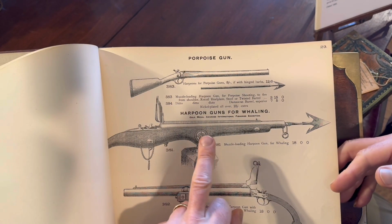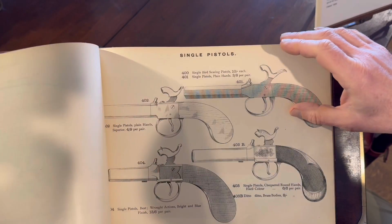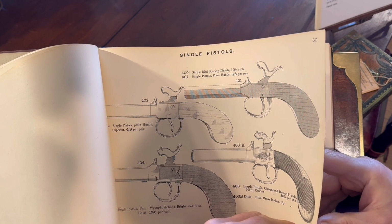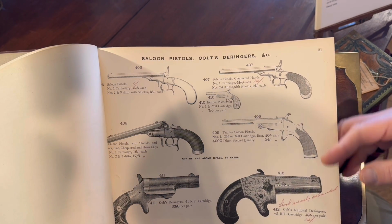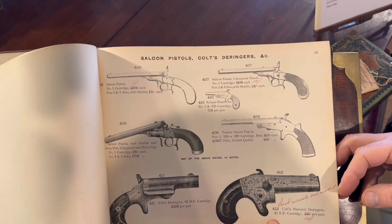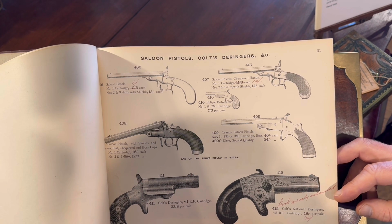Porpoise guns, harpoon guns for whaling. Single shot pistols for scaring birds. Saloon pistols, Colts, Derringers. See this one, it says stock nearly exhausted, and the price has dropped for the cartridges from 18 per pair